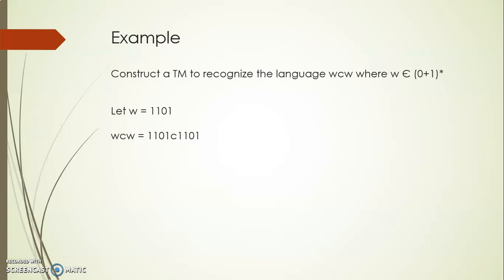Then we have to think, what is the facility available for me to do this? Already in the previous lecture, we have seen that along with the state, I can hold some information. So I can make use of that. So I can remember this. After the separator, if I'm scanning the same symbol, then okay, the symbol matches. But how to differentiate between the visited one and unvisited one? To do that, either I can change the symbol to some other symbol which does not belong to the input string, or I can use the multiple track facility. We'll see how we can do it.